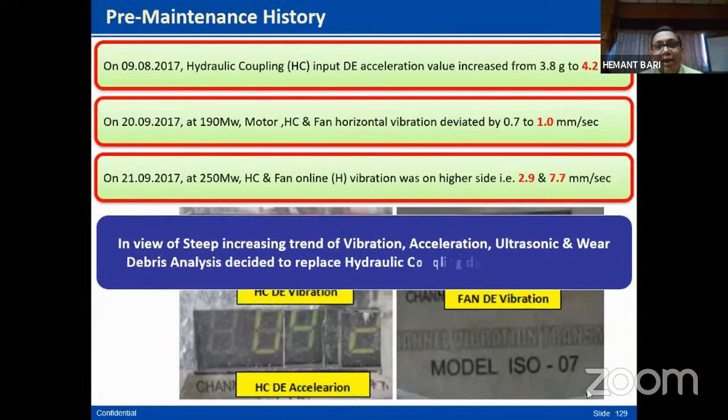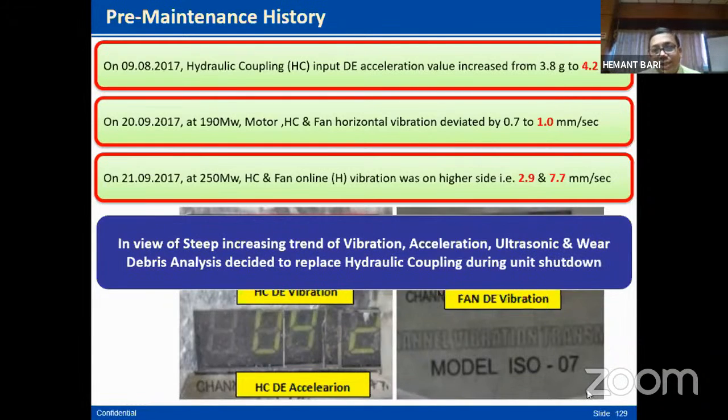Meanwhile, we have done all kinds of analysis, that is vibration, acceleration, ultrasonic and wear debris analysis, deviation was there, and hydraulic coupling replacement work was planned. So in the meanwhile, 7 to 8 months, what the maintenance department has done, they have kept ready the hydraulic coupling as a spare, serviced, then the expert manpower, any PO that was required, and each and everything, even the hydra and truck availability was also made ready, so that whenever we get a chance, we'll take up this